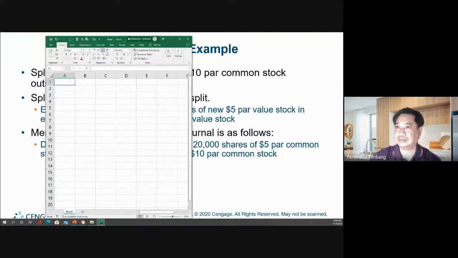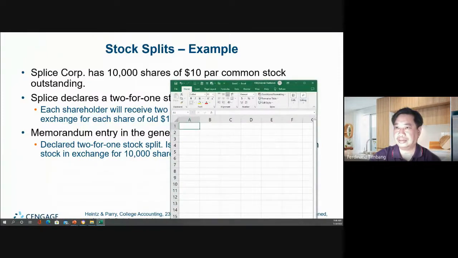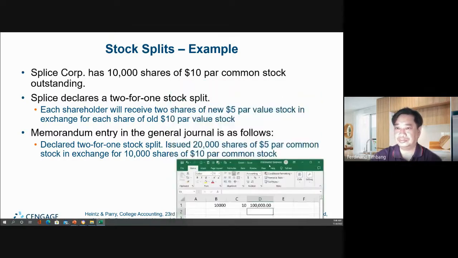So ang sabi dito, we have the 10,000 shares of 10 par common. So magkakaroon tayo ng 10,000, times 10 dito. So ito yung value natin lumalabas. No? Ngayon, ang sabi rito,